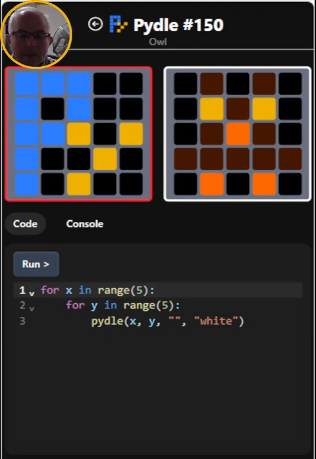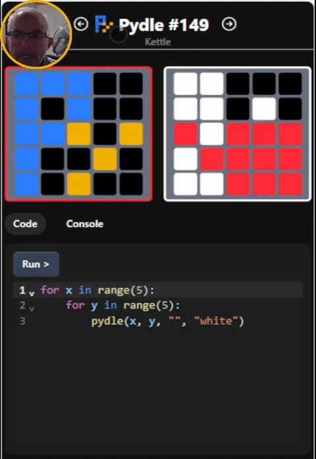If you need to, Pydle, I'm going to provide the solution to yesterday's Pydle, also with a little twist. So yesterday's Pydle was a kettle. So first of all, I'm just going to show you, I'm not going to go through my solution, but